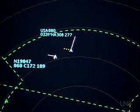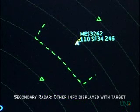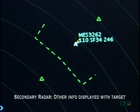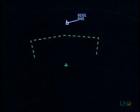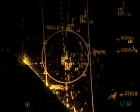This and other information displayed, along with the primary radar return, is called secondary radar. The advent of transponders and the Mode C function has allowed information such as altitude and squawk codes to be transmitted back to the radar site and depicted on a controller's radar display as secondary radar information. In order to receive secondary information, an aircraft must be equipped with the proper type of transponder, and the radar site must be equipped with a beacon interrogator. As the radar signal hits the aircraft, the transponder detects the signal and sends back its altitude information and transponder